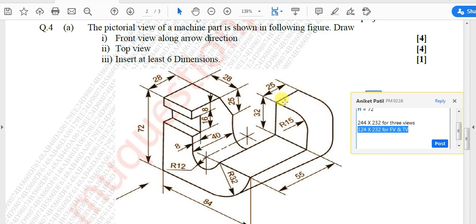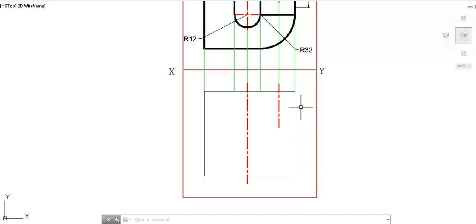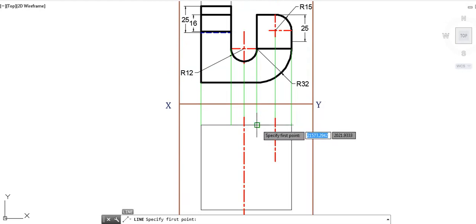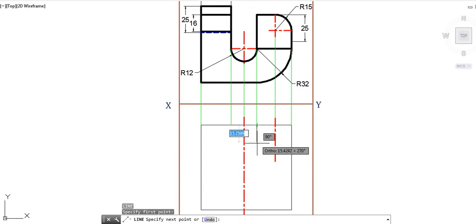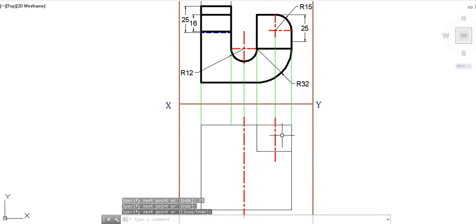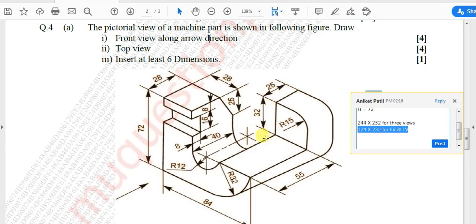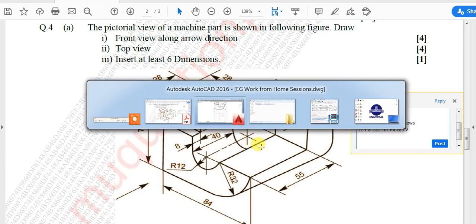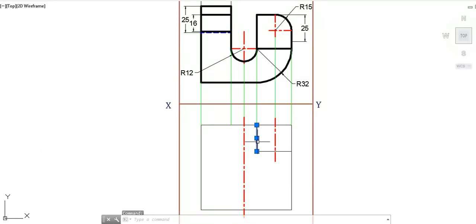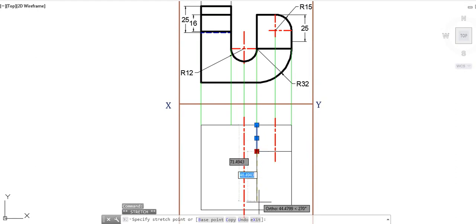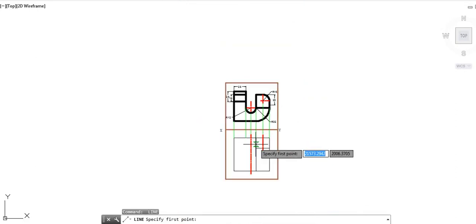We know that though this part is a curved part, from the top we will be able to see it as a rectangle. So friends, as you can see, already we have taken the projection of that part, to which let me apply the width of 25. I'll complete the cover of 32. That is how that block will be covered. However, that particular line is continued up to the end point, and hence let me complete the segment till the last line. So that is how that segment is completed.